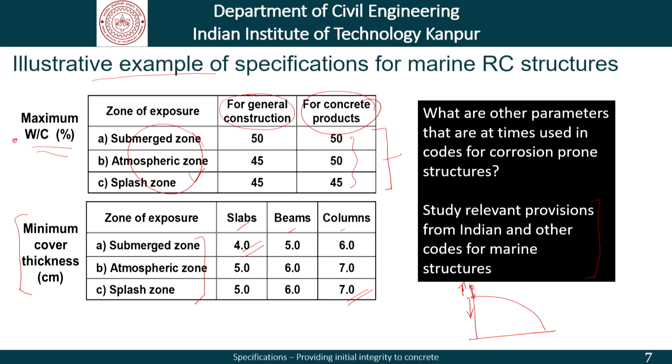What we can expect is that the initial level of integrity will be higher. Similarly, if we increase the water cement ratios, allow less strength in the concrete to be used and so on, then the initial levels of integrity are likely to move down. So, that is the kind of concept that we are talking about as far as our discussion today is concerned.